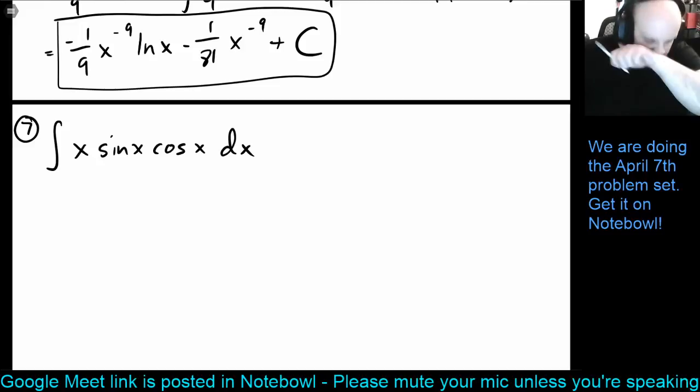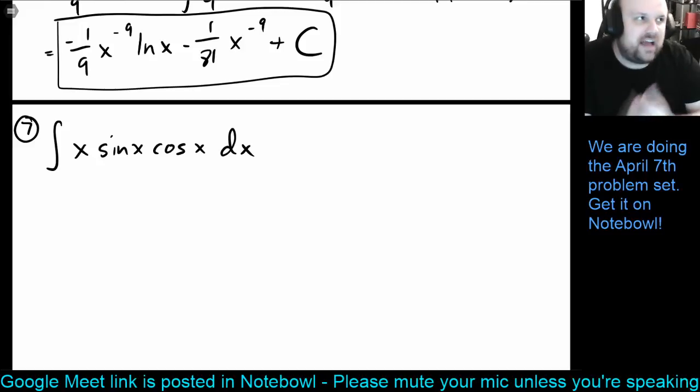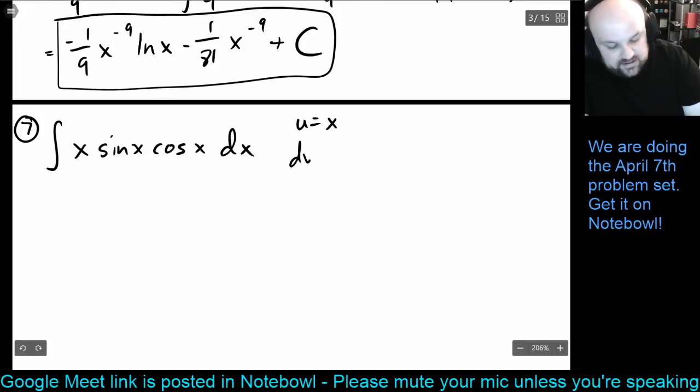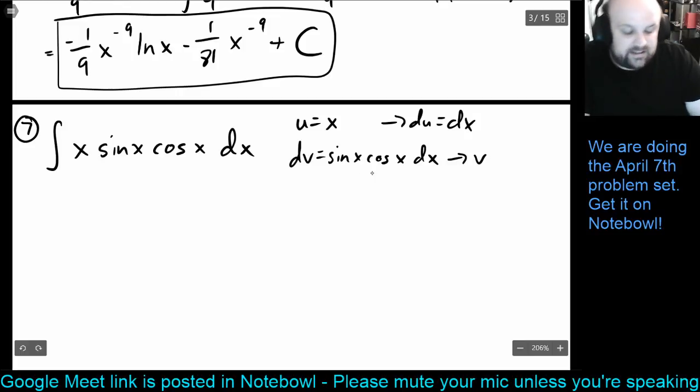And in this case, we're going to apply the acronym as always. This is the algebraic part, the x. The sine times cosine, that's a trig part. u equals x. dv is sine x cosine x dx. Right? So du is just dx here. Right? To integrate this one here,